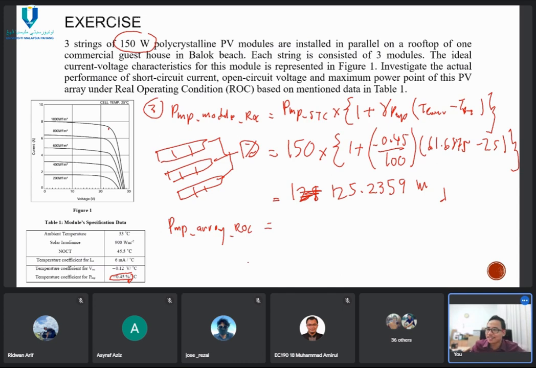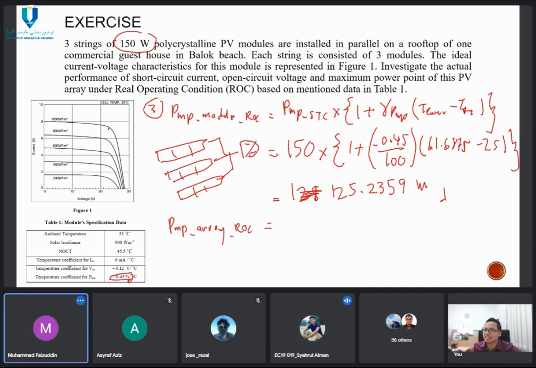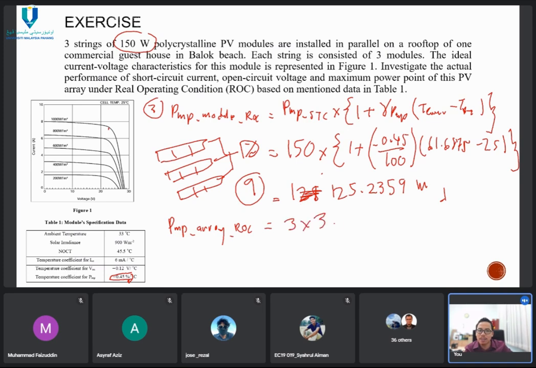What should we multiply? 9. 150 watt for single module. So we have 9 modules in total. That's why for the case of PMP array ROC is 3 multiply with 3 multiply with